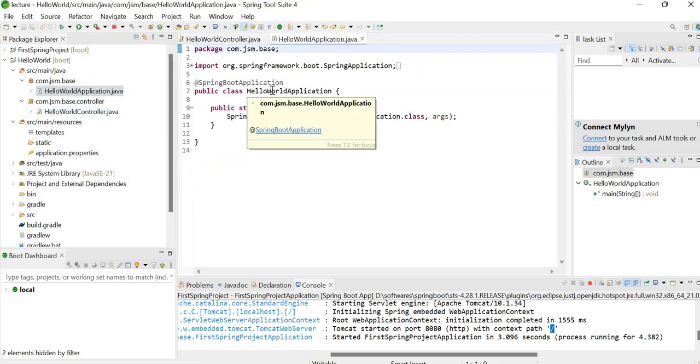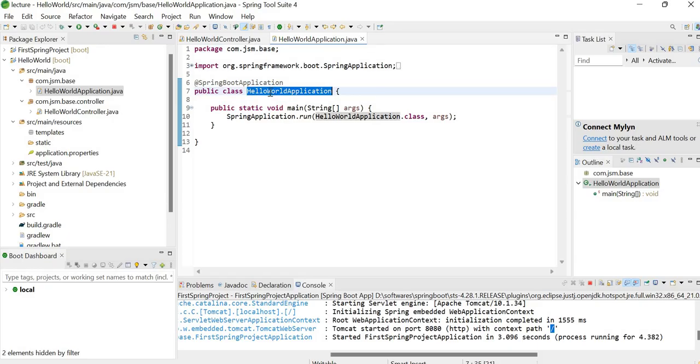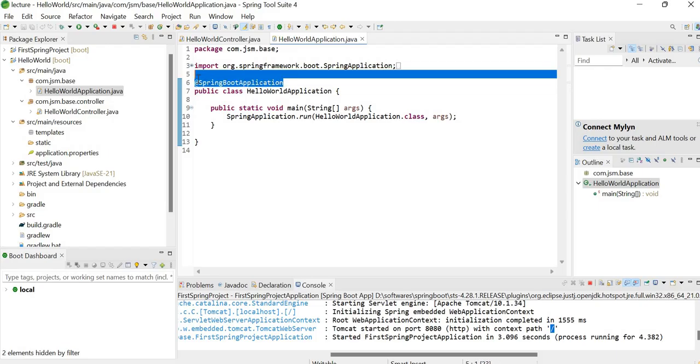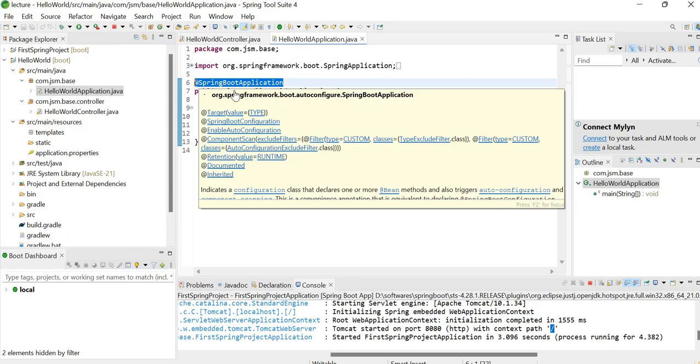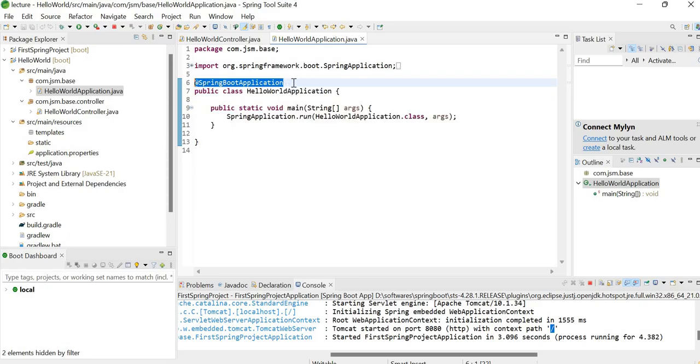And let me tell you more on this Hello World application. This is our main Spring Boot application class, HelloWorldApplication. This is the @SpringBootApplication annotation. This is a famous interview question: what is the @SpringBootApplication annotation a combination of? It is a combination of three annotations: @ComponentScan, @EnableAutoConfiguration, and @SpringBootConfiguration.